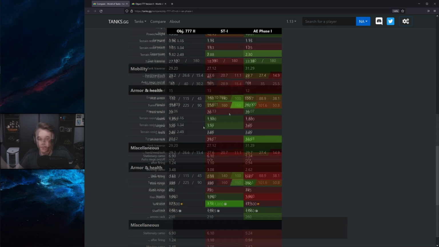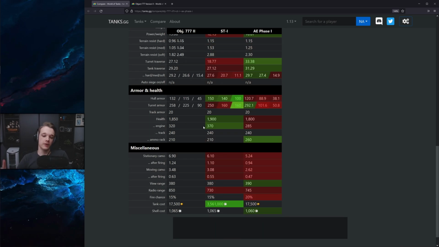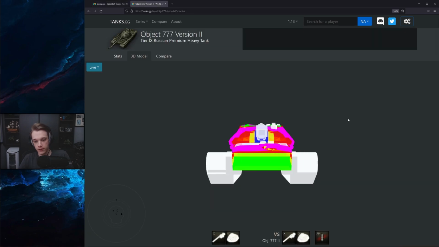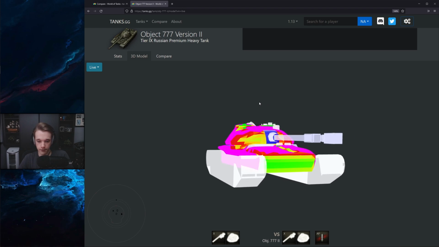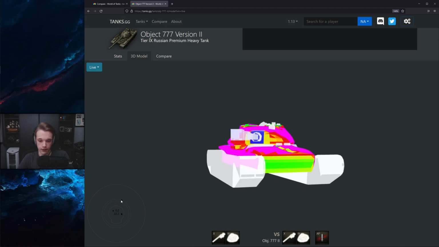But now, for the armor, one thing I do want to mention is that it gets the middle kind of HP at 1,850, which is 50 more than the Phase, but also 50 less than the ST1. However, if you do go and have a look at the armor, this is what I mean by side scraping. So if it side scrapes like this, and then it's looking at you,